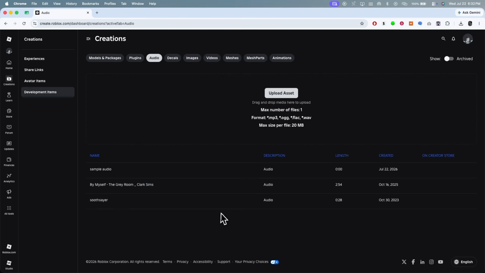Also, make sure your audio is 6 seconds or shorter. Audio files longer than 6 seconds aren't eligible to be distributed publicly, so the option won't be available for those uploads. Once everything is approved and saved, your audio ID will be public and available for use through the Roblox